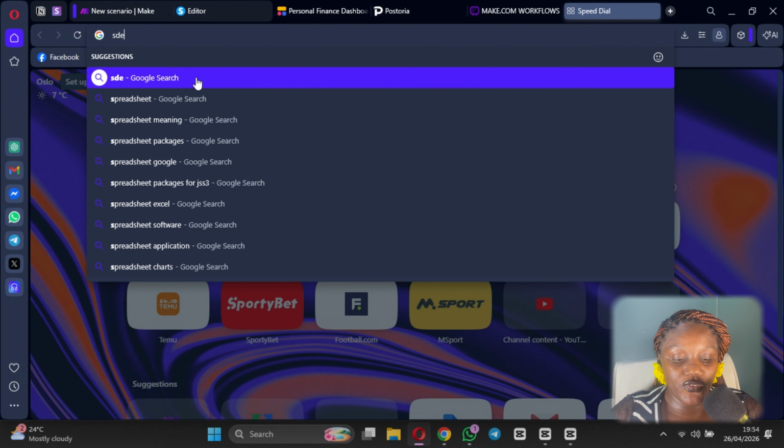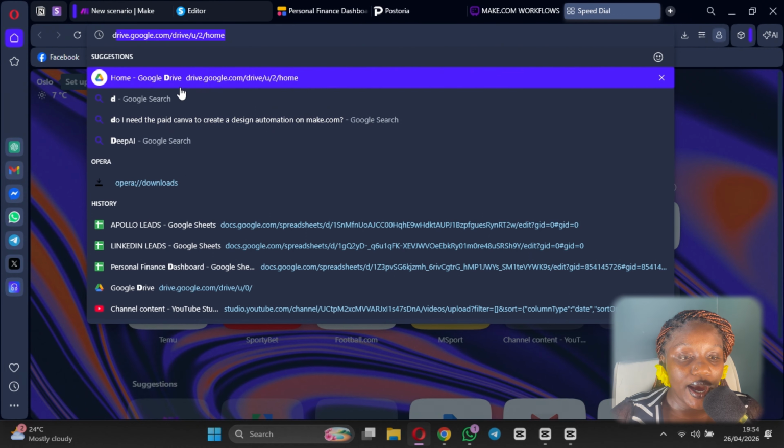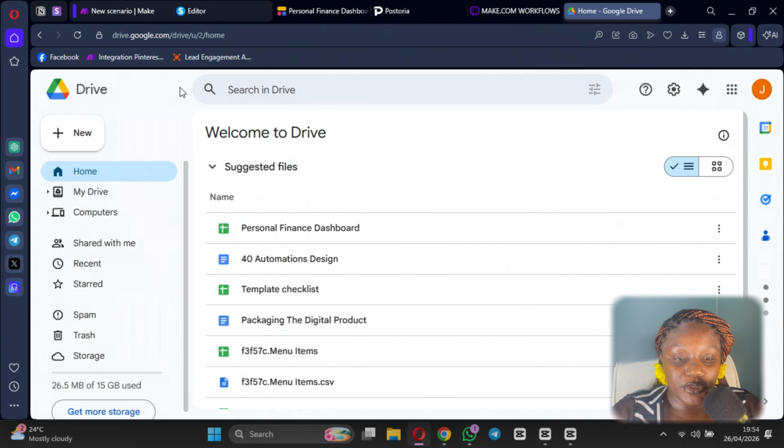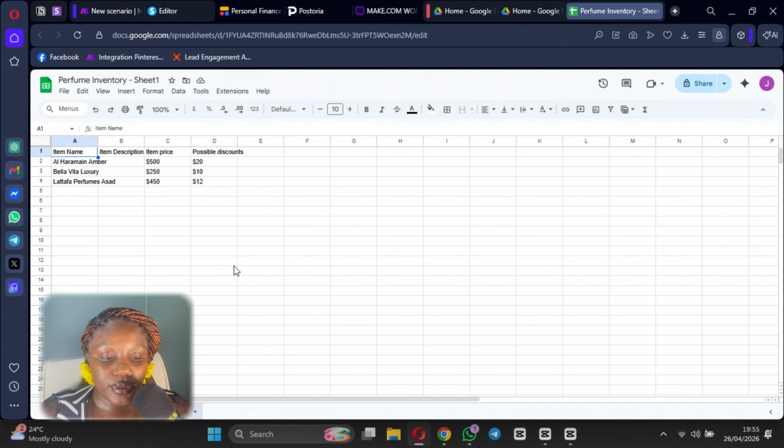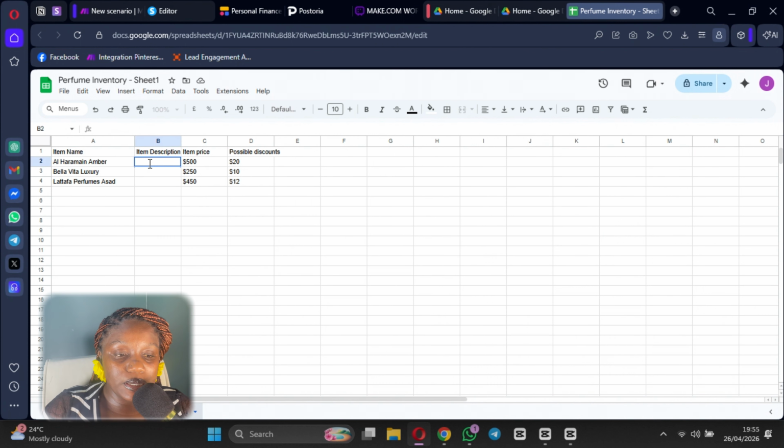So let me try to find an inventory database that I used for one client some time back. I think you're going to use this. Say this is your orders page. Every time someone makes a new order or orders a new product, they get dropped in here. Of course, your item description will be listed here. So let's just say this is a luxury perfume